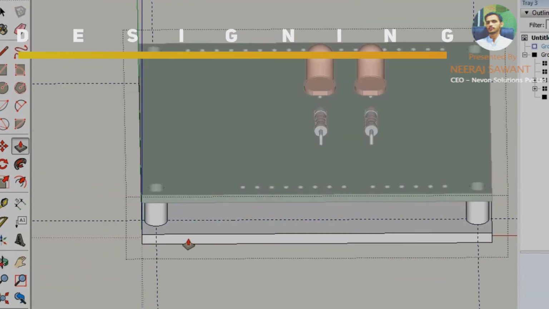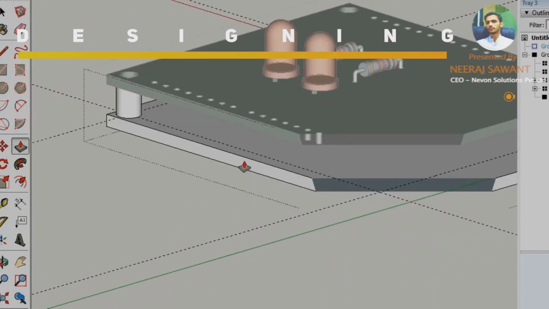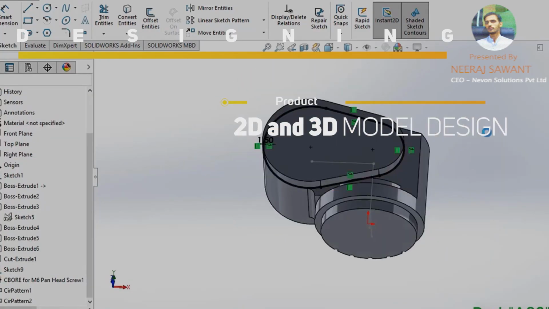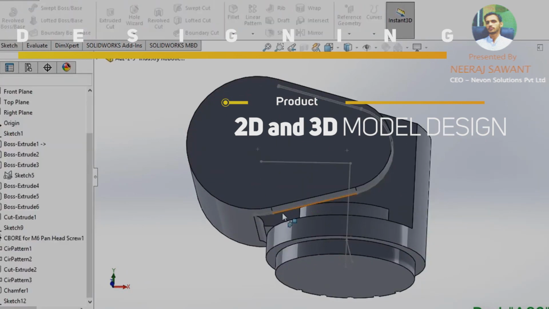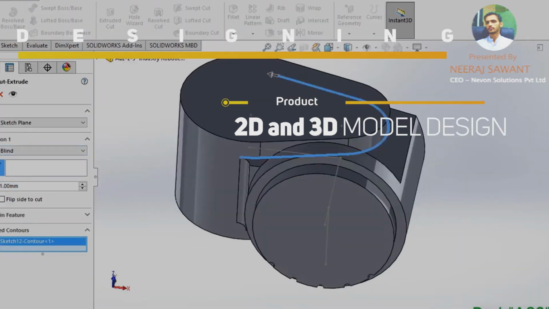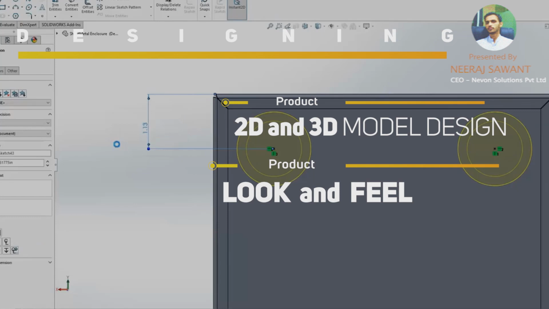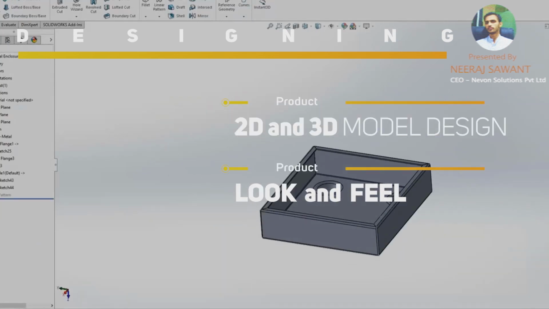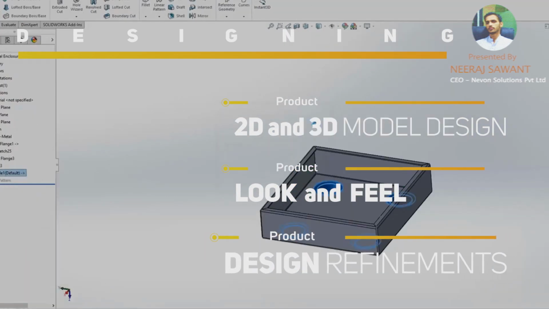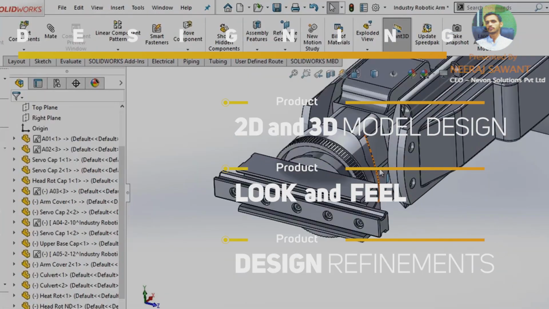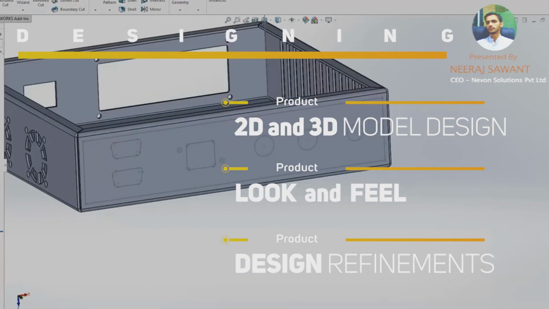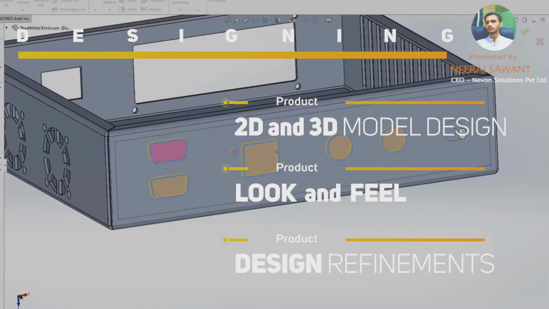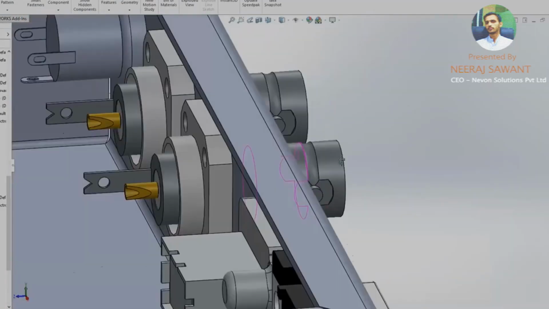Designing. This is the stage where we develop 2D and 3D designs of the product using design tools. The design stage actually gives a shape to our idea. Product design gives us an idea of the look and feel of the product, and designing usually includes a lot of refinements, where the design is refined and continuous changes are made to the product design before a design is finalized. And once a design is finalized, we can develop a prototype to test it.